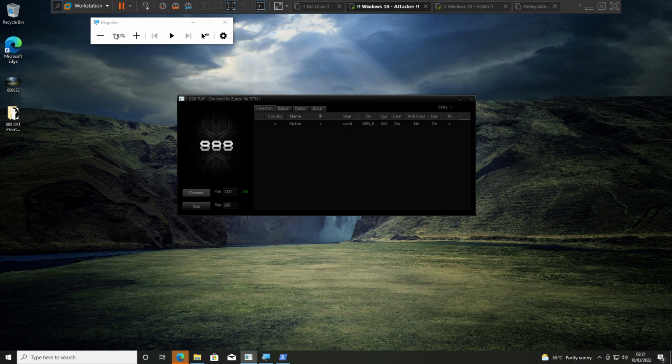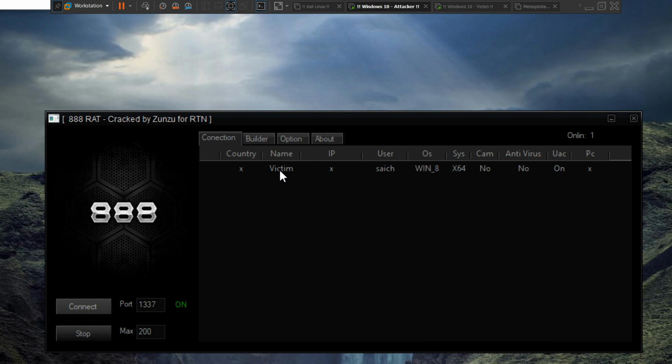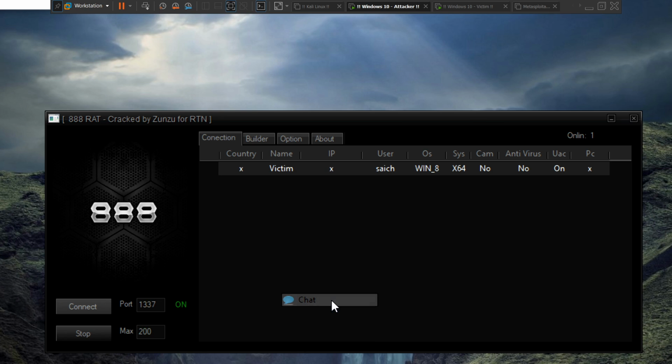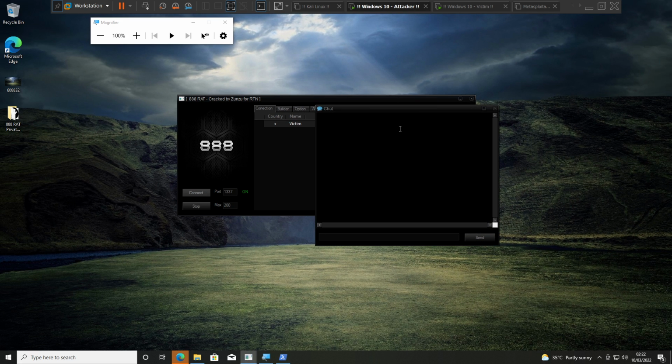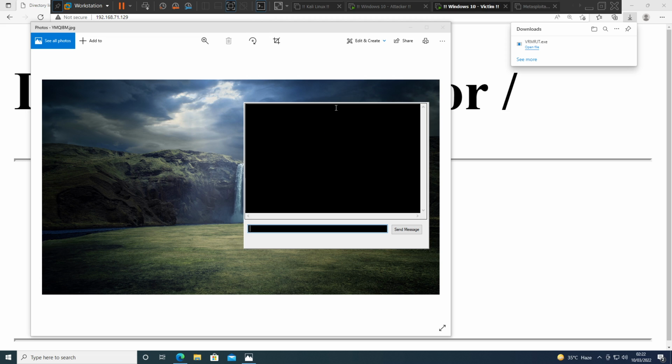which you can see here in the connection request, that we got our victim, and you can do any operation that you want to perform. You can go with his screen, you can transfer files, you can go with the webcam, you can go with the CMD, you can do whatever you want. We have multiple options. If you want to chat, you can chat with the victim, right? Again, we got the chat box on the attacker screen. If you check the victim screen, he got the chat box.